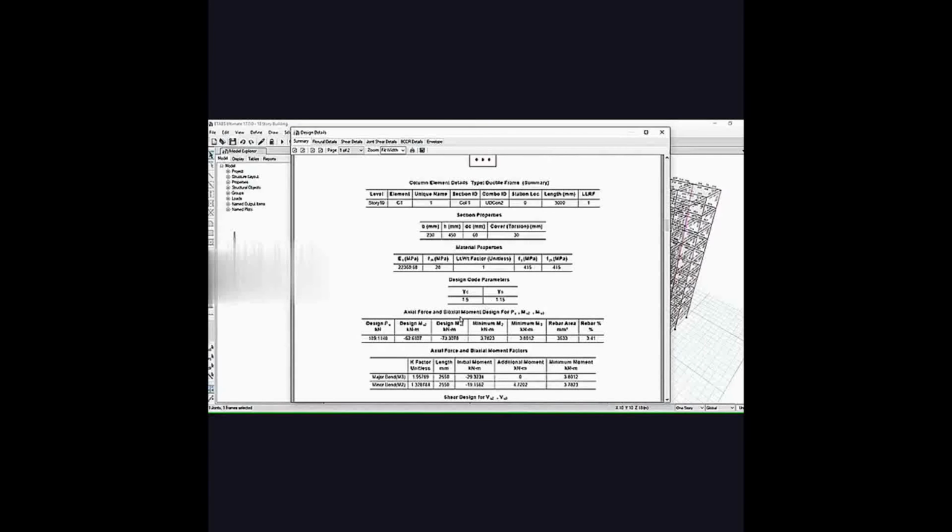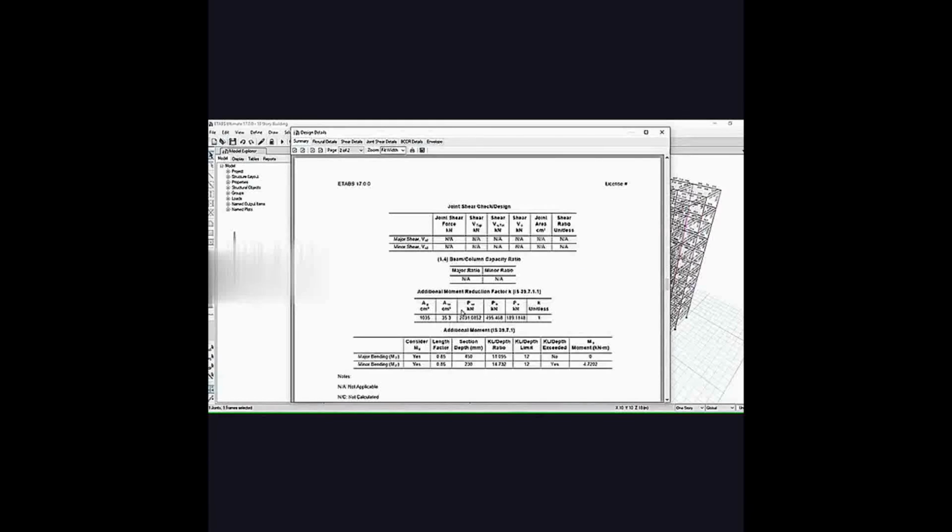It is basically a report of the prototype or design of the building. It is a project report giving all the details of all the sections in the frame. Be it the dimensions, the loads, the cover, size, etc. You can download it and save it in your computer as well.